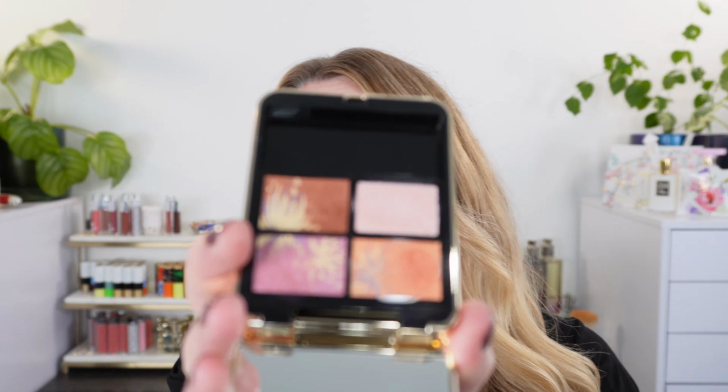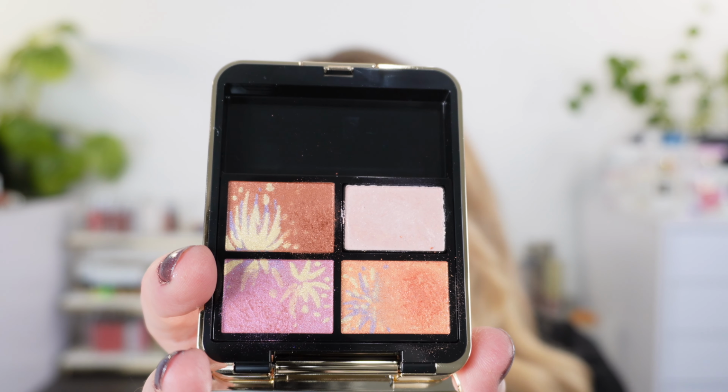I want to start off by saying that typically every year, Cle de Peau has a couple of exclusives on their website. Usually with their holiday collections, they'll release an eyeshadow quad, just like this one. This is 501 Visions of Radiance. And then they'll release two luminizers, a warmer one and a cooler one, and then 4 lipsticks. There may be other pieces as part of the collection in different years. We've had cream blushes in the past and so forth. But typically 2 of the 4 lipstick shades and 1 of the luminizers are exclusive to the Cle de Peau